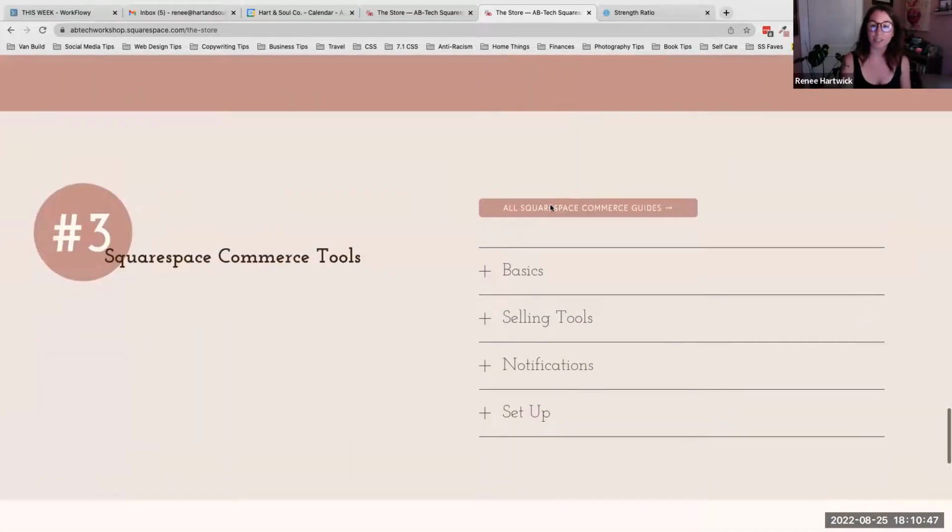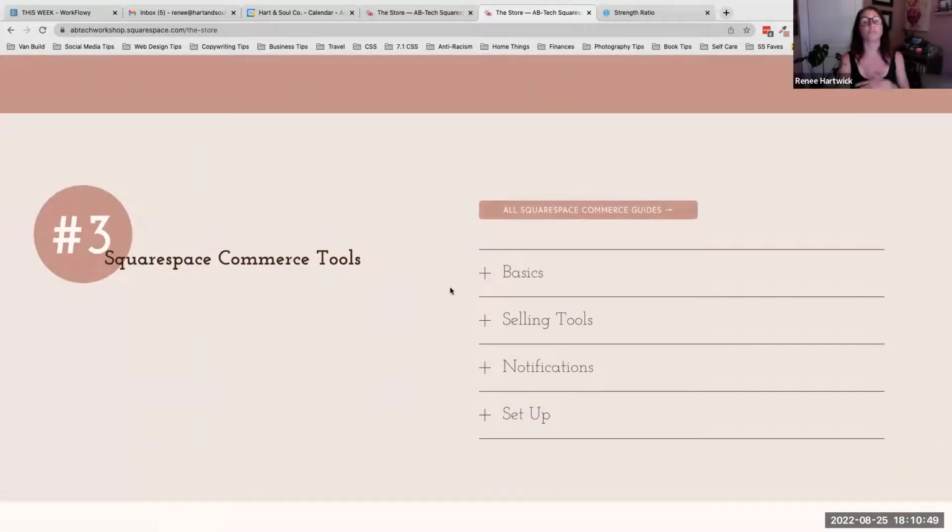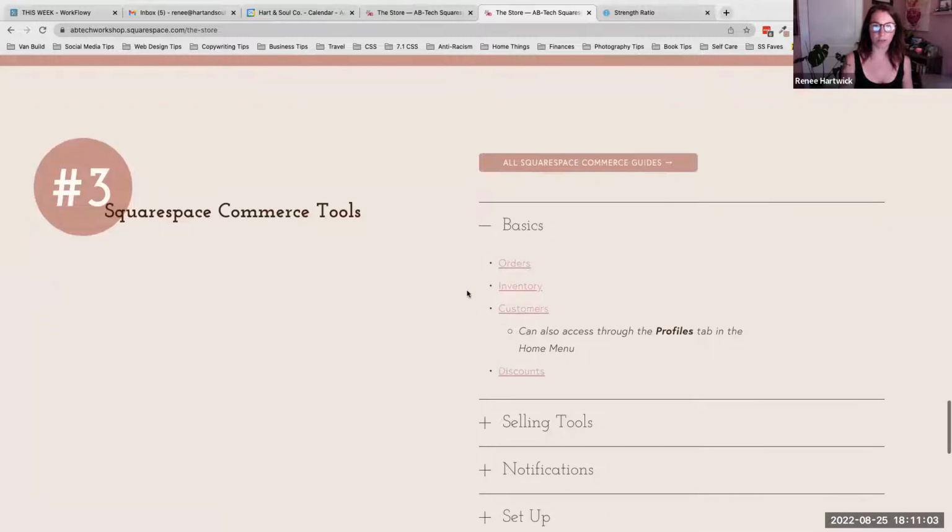But this button will eventually lead you to all of the Squarespace Commerce Guides. So they have a whole list that answers dozens and dozens of questions. So you'll be able to go to that to get the lowdown. But we will go ahead